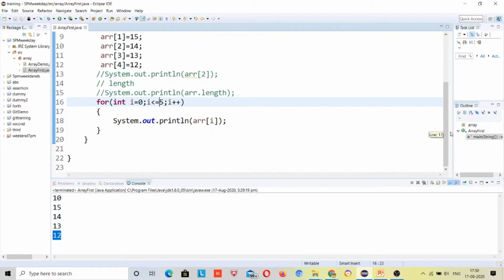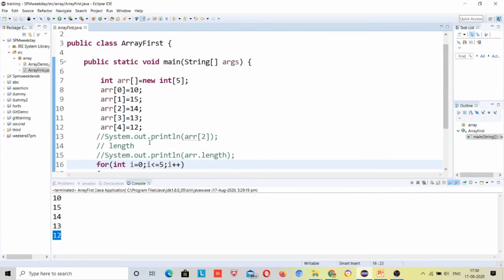What will be the output? Why array index out of bound? Because 5 has not been declared? Here we have up to 4, and it is saying less than or equal to 5. So after 4, it will try to find 5 and it will not get it. That is not the reason it throws array index out of bound.